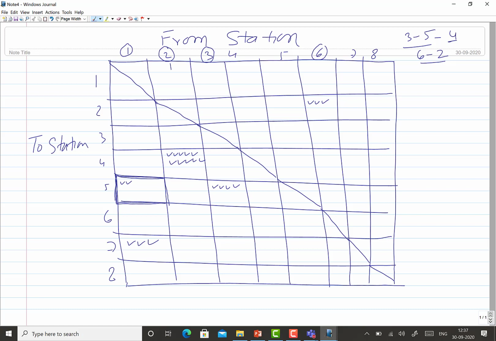And likewise we can keep showing, like from station 4 to station 3, 5 movements are taking place like this, right? And from station 5 to station 1, 6 movements are taking place like this. So these will be shown, and we keep doing this to show all the movements from one station to another.